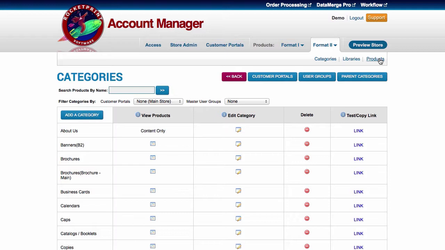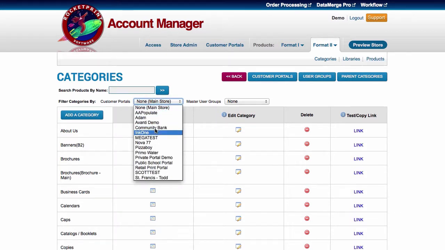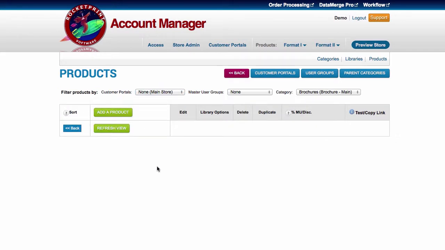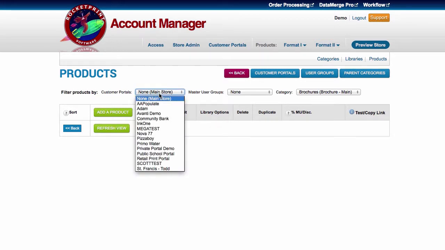And this is going to be the fun part, because this is where everything takes place. This is where you put the products on your main storefront or in a portal. And so what we're going to do is drill down into a category. Remember, we need a category before we set up a product. So we'll drill down into our brochures that we had set up and click there. So there are no products here in my brochure category. Just looking at this, I can filter my categories by the main store or the portals. If I go into my